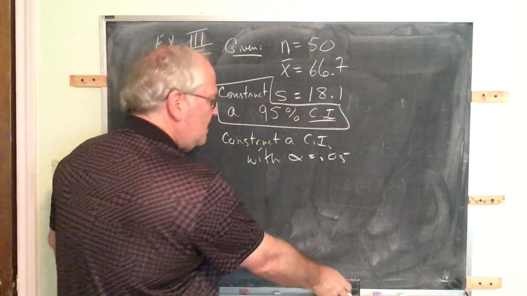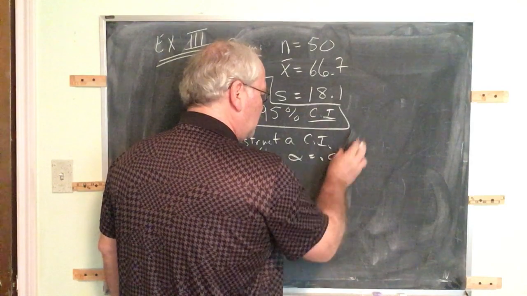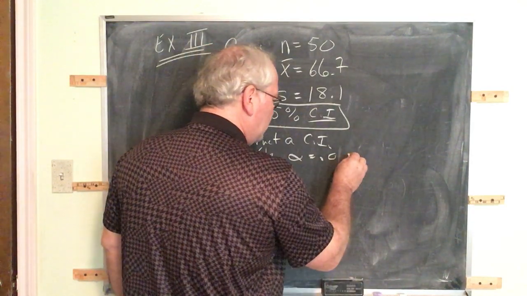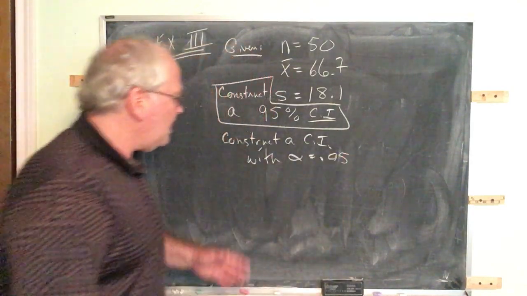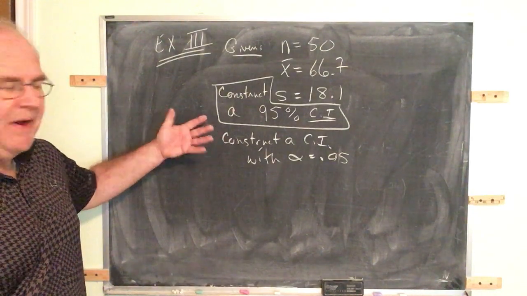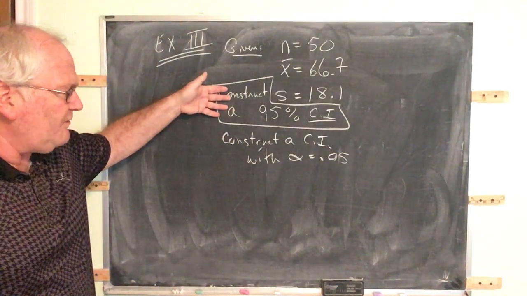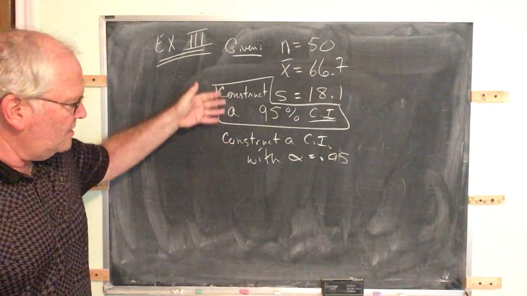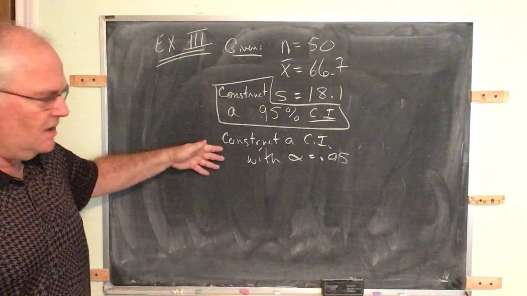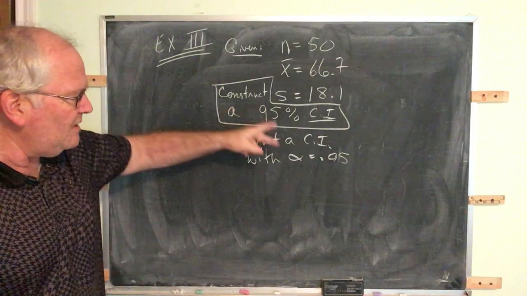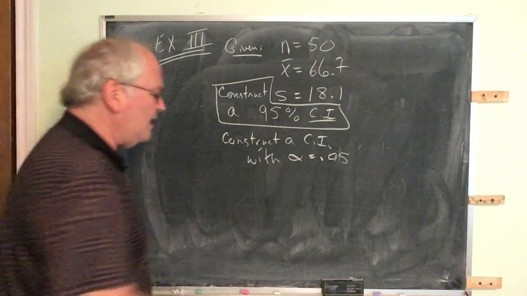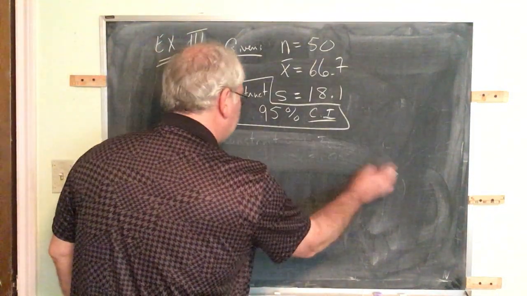No one ever really does it this way, although in principle it could be. Typically it's construct a 95% confidence interval. It should be clear that these two wordings are equivalent. 95% confident means alpha is 0.05. In any event, we're going to construct a 95% confidence interval